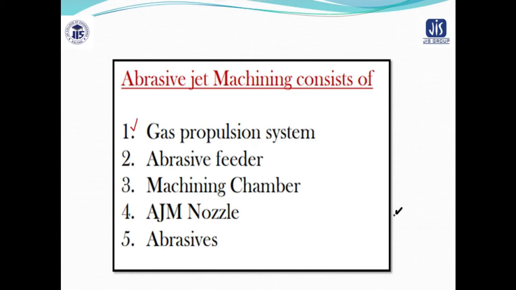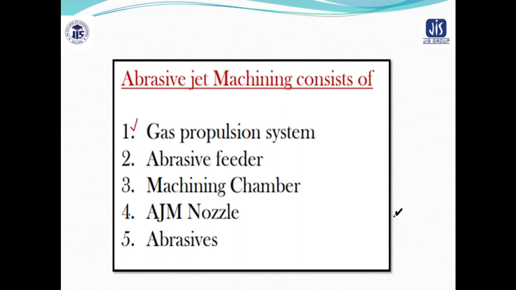nitrogen and carbon dioxide to propel the abrasive particles. Gas may be supplied either from a compressor or a cylinder. In case of a compressor, an air filter cum dryer should be used to avoid water or oil contamination of the abrasive powder. Gas should be non-toxic, cheap and easily available. It should not excessively spread or spray when discharged from the nozzle into the atmosphere.